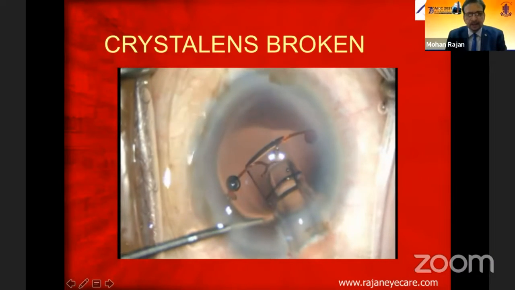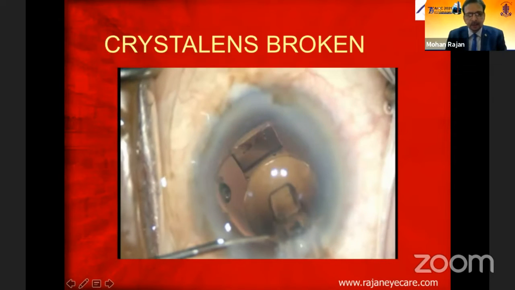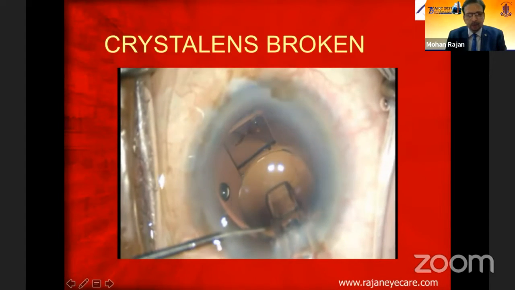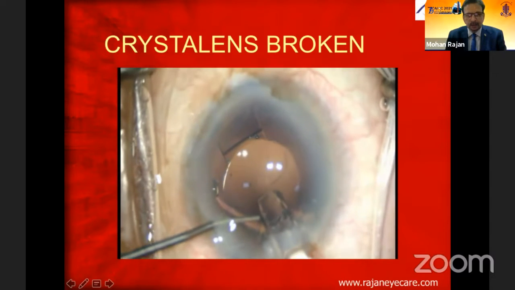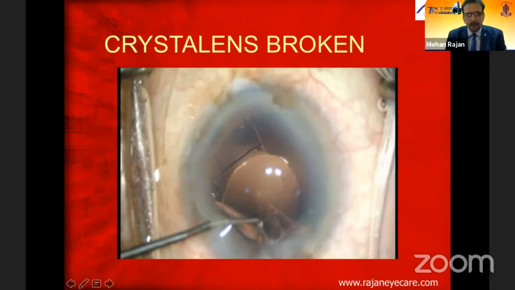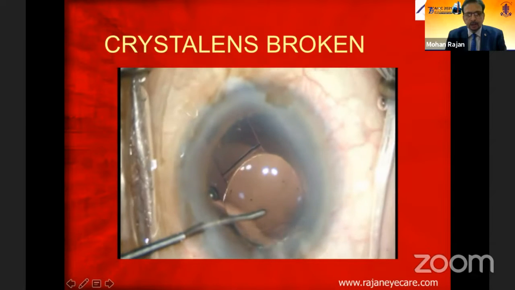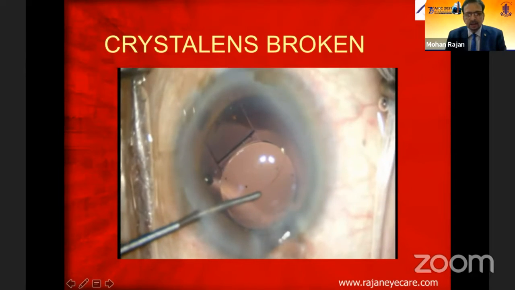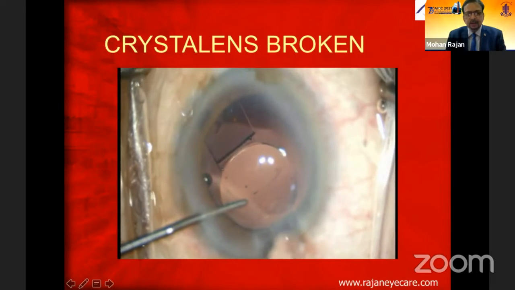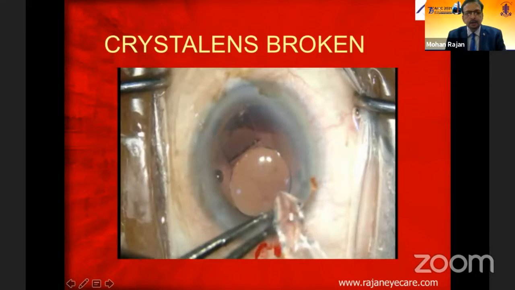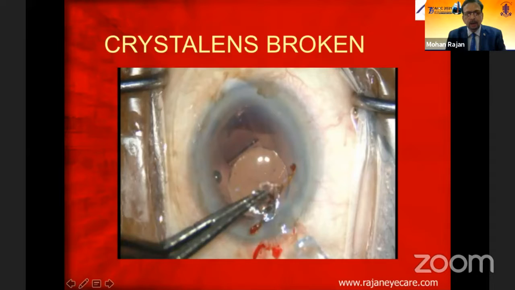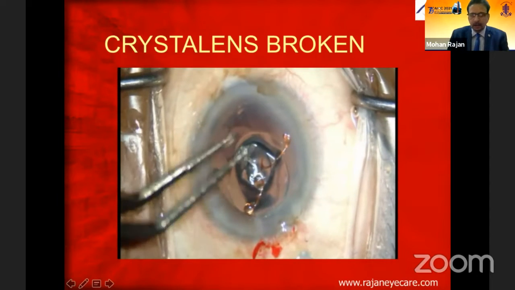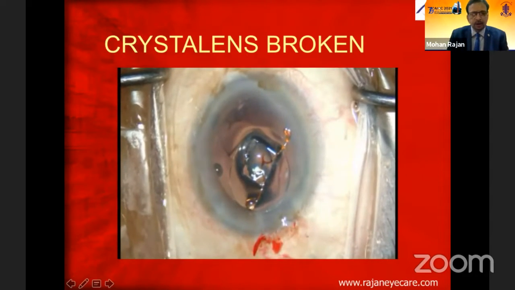You can see here, this patient has got a Crysta lens in 2009, came all the way from Coimbatore. At that time, I was doing the highest number of Crysta lens implantations. You can see the Crysta lens broke. Only the Crysta went inside, the lens was outside. You can see that completely broke. You have to be very, very careful. Lens fractures are not uncommon, especially with the silicone lenses, the Crysta lenses.